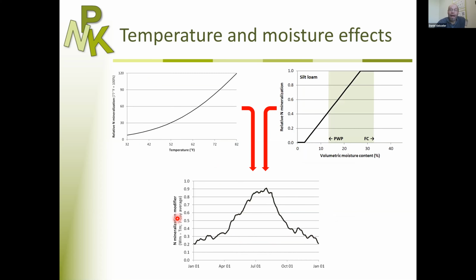So when we combine these two curves, and I did these calculations for a cropping system in the Central Valley, but it would look very similar for the Central Coast. So when we look at the soil temperature during the year, combine it with the temperature response, and look at soil moisture during a year and combine it with this moisture curve, we get something like this. And I'll show you this graph a bit bigger on the next slide.